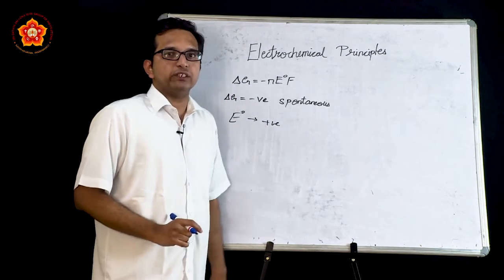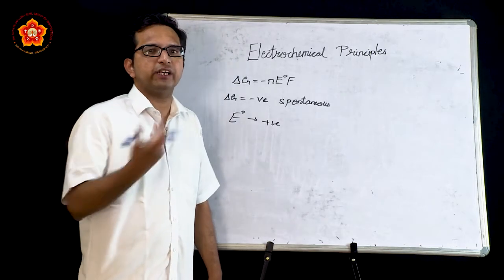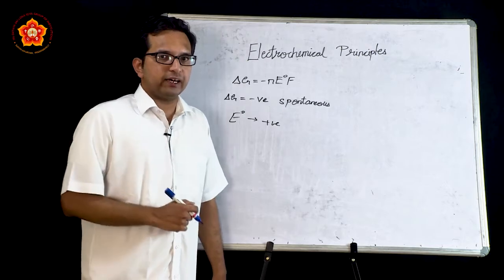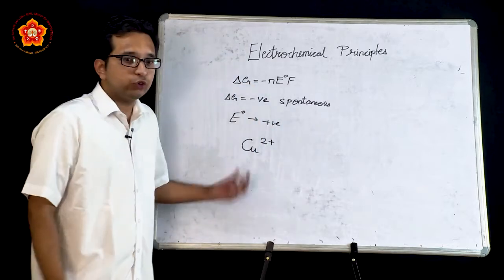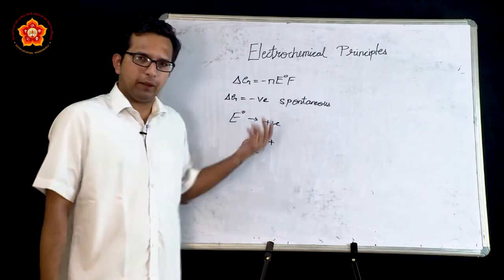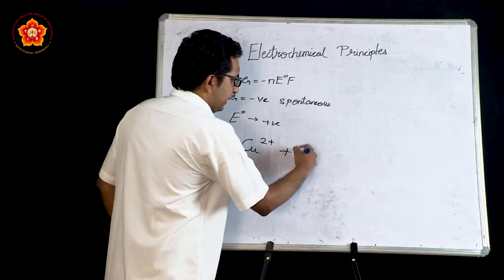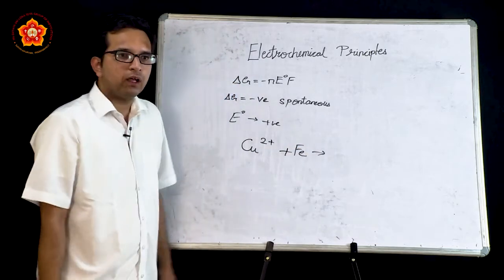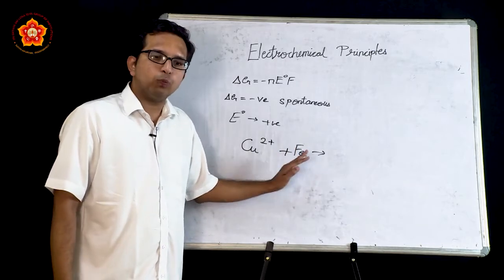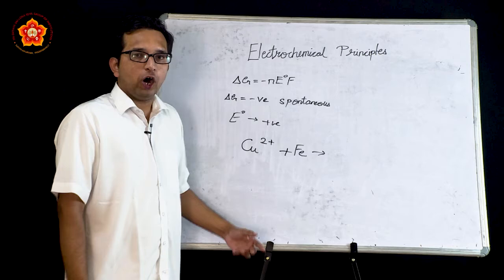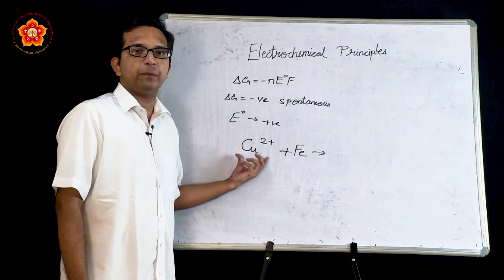So what are the examples for this? This can be seen by understanding certain simple examples that we have studied in the earlier classes. Suppose we had a copper solution, Cu2+, which may be a copper sulfate solution or a copper chloride solution. If this is reacting with a metal like iron, this reaction will only be possible if iron is more reactive than copper, because in this case the metal should displace copper from the solution.